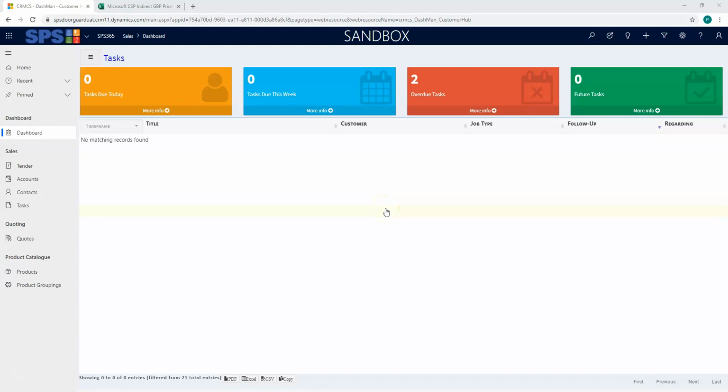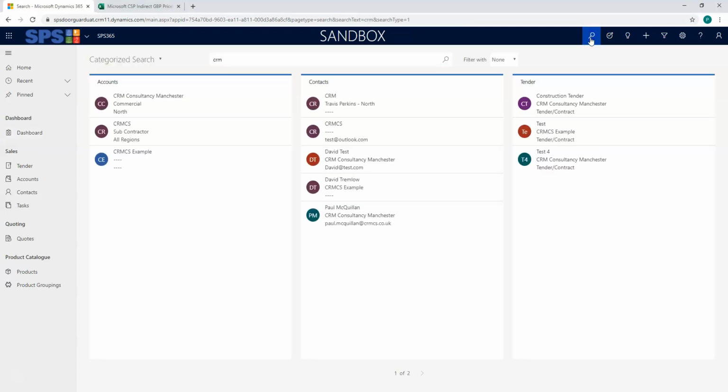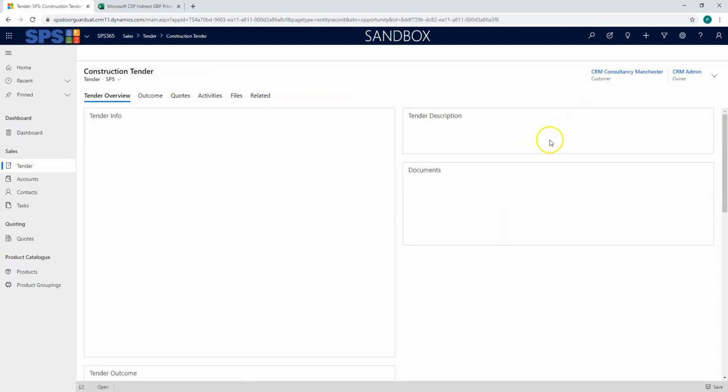DocDrive365 brings SharePoint and Dynamics together in an intelligent fashion that is very simple to use. We're going to take a quick look at the functionality now and see some common basic examples of how to put this to use. So if we find a tender in Dynamics CRM, we can bring that record up and